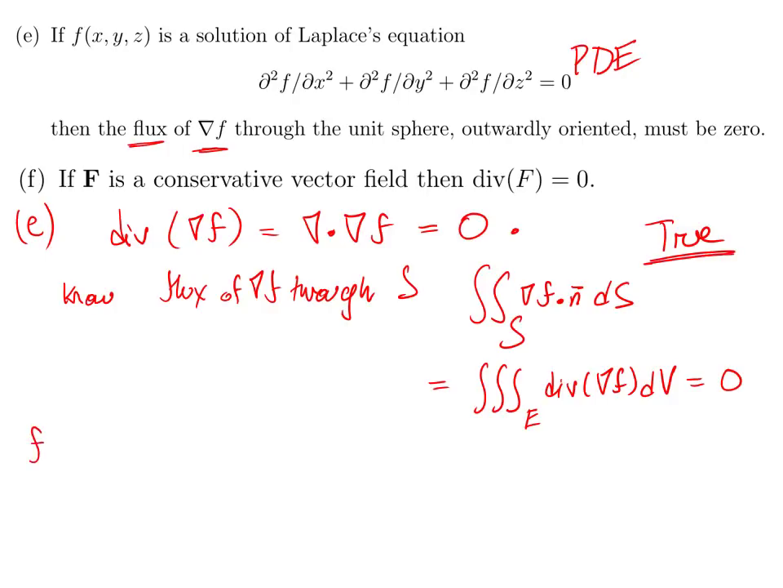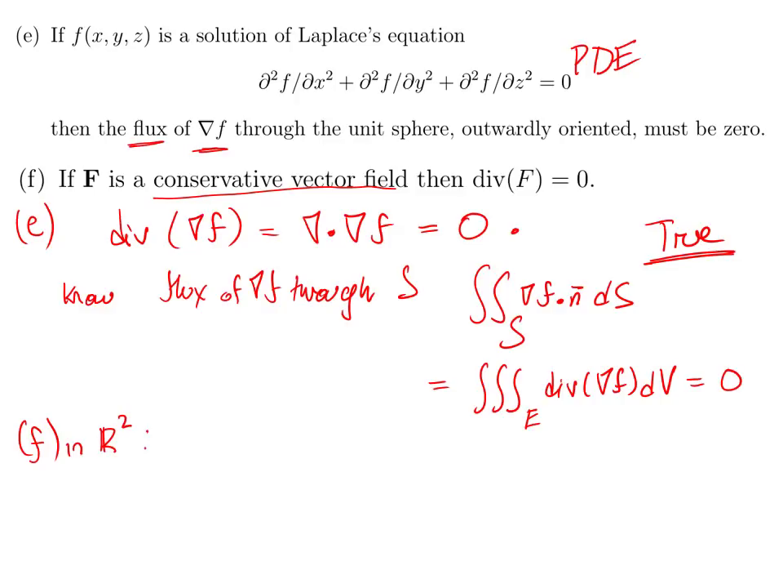Okay, part F. F is a conservative vector field and its divergence is 0. Okay, so again, when you see a question, just write down what all the words mean, right? So what's a conservative vector field? Well, okay, so the dimension isn't specified here. So I could do 2 or 3 dimensions, but let's just check it in 2 dimensions first. So in R2,